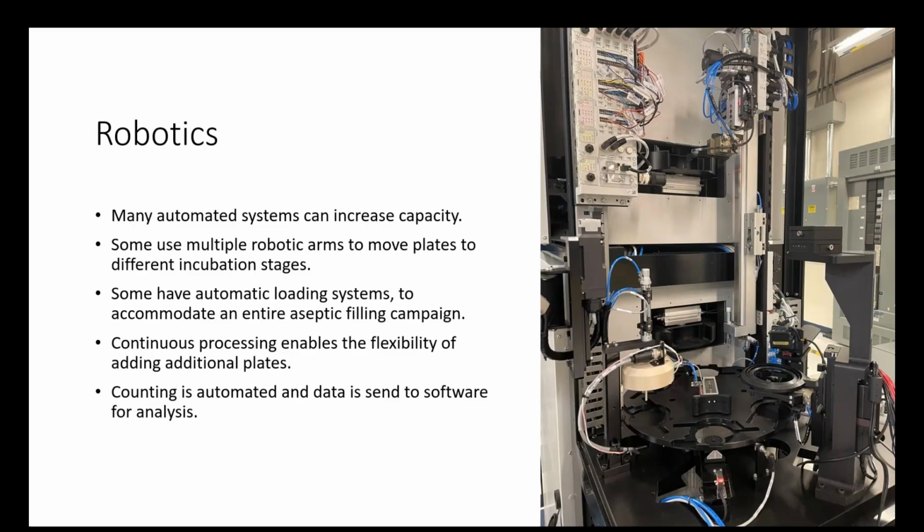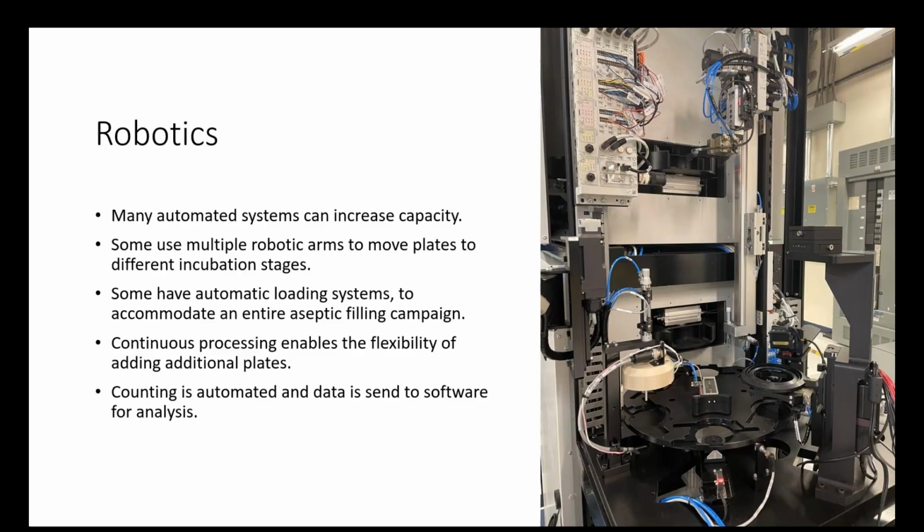And here we can increase capacity. We can use systems with multiple robotic arms to move plates to different incubation stages. We can have automatic loading systems to accommodate an entire system. And if you think about monitoring, aseptic monitoring, I've used an example on the slide, is often where you can generate the most number of plates from a single session, and you can capture all of those within one go through one system and one